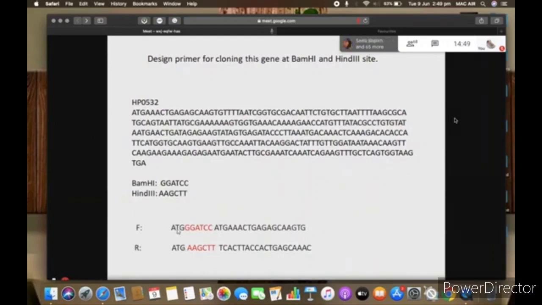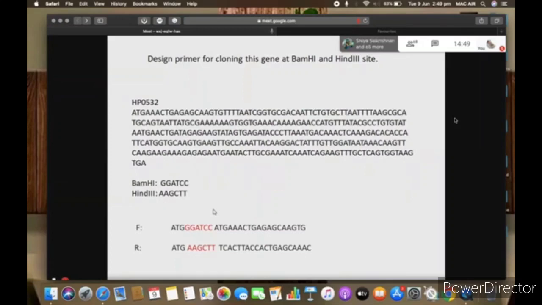We can add any nucleotide, AAA, TTT, CCG, any 3-4 nucleotides we add. So, an actual PCR primer has 3 parts. One is complementary to this gene. The second part is the restriction enzyme sites, and the third part is the seating sites, where the restriction enzyme will sit and cut it.